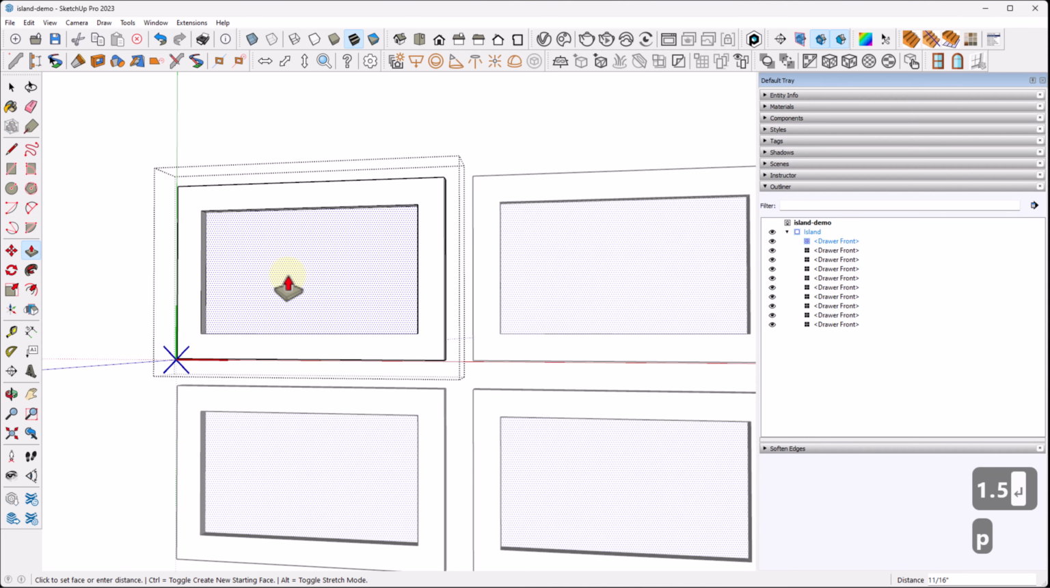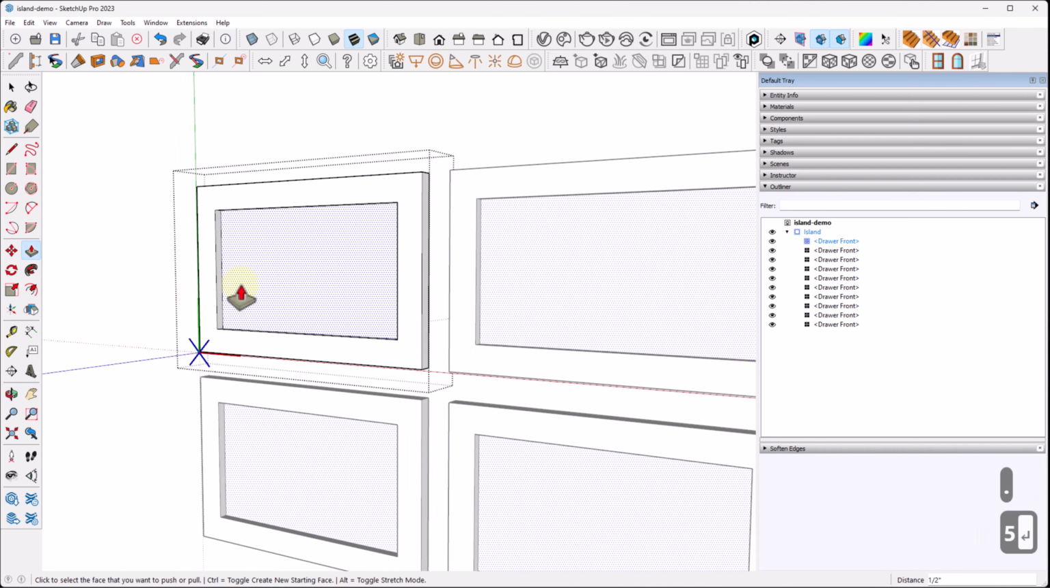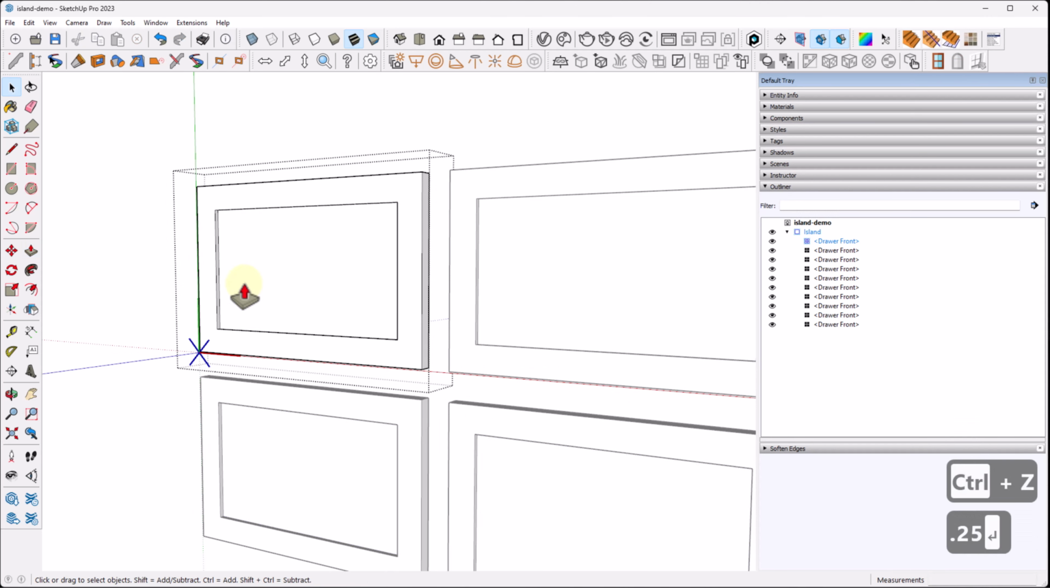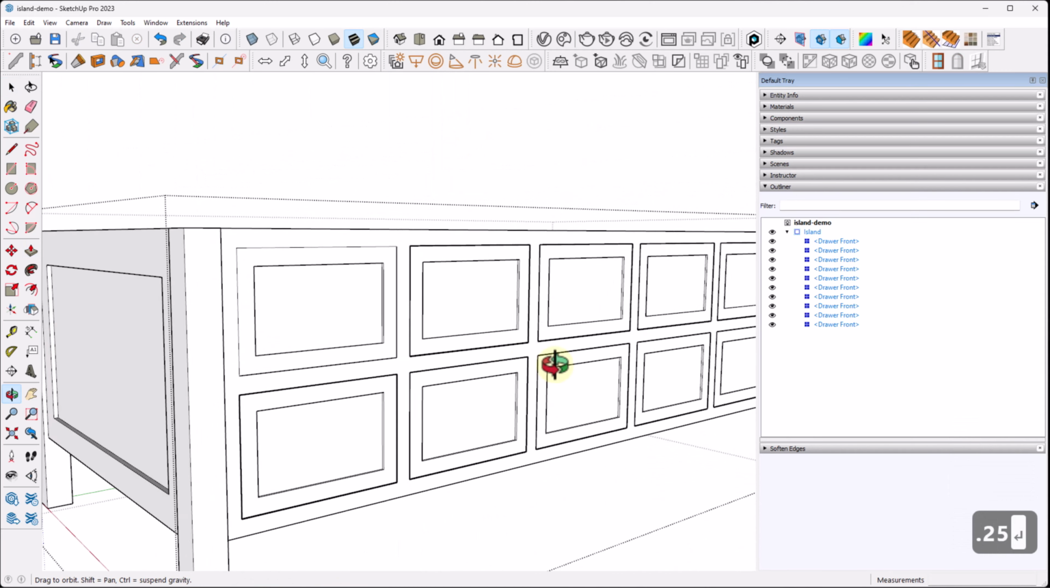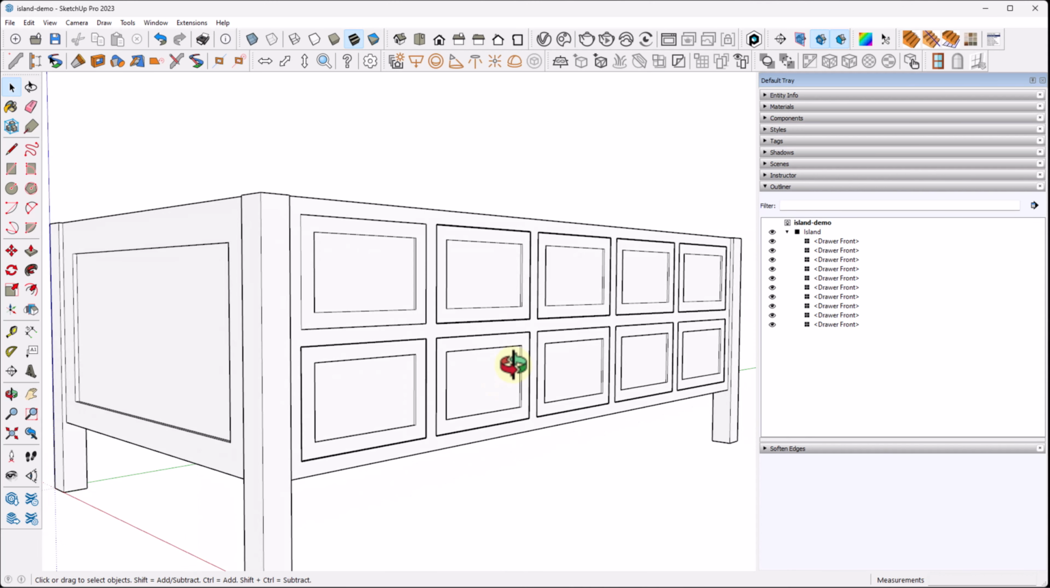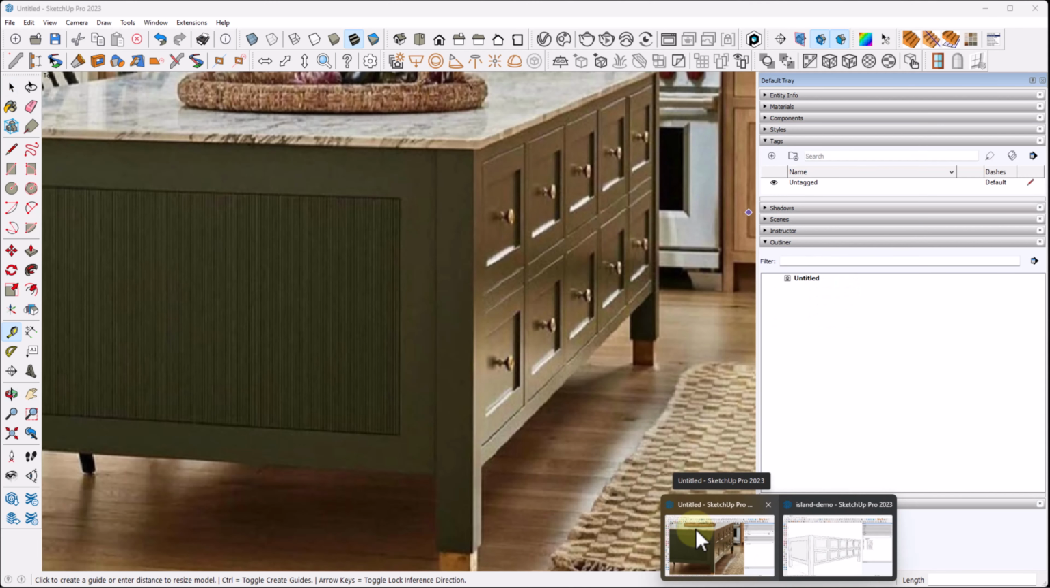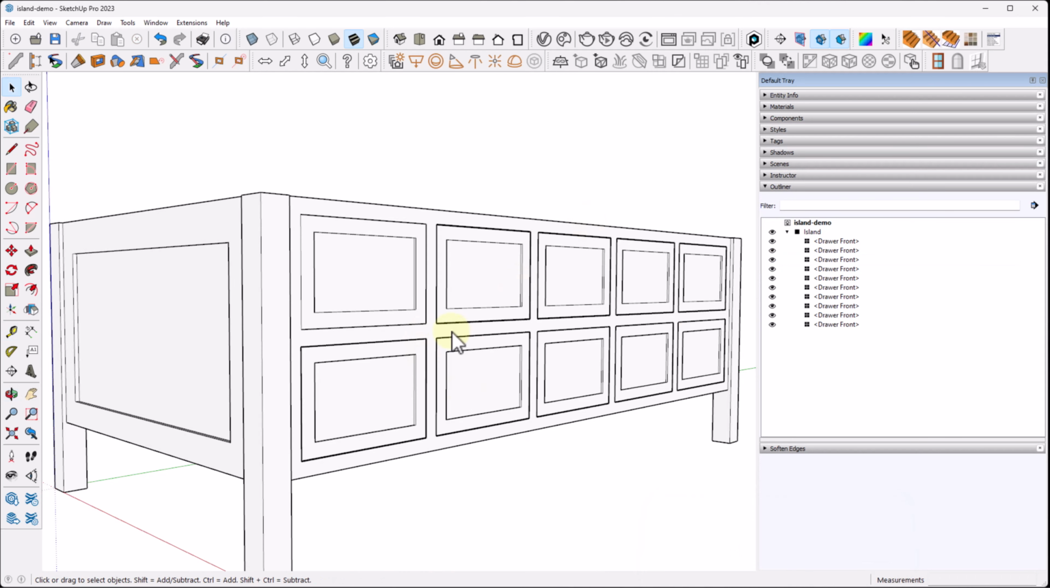Offset tool, make my panels here, bring that in. Probably not a half inch. I'm going to do a quarter of an inch on these guys. There we go. All right, so that's looking really good so far. Looking back at my sample model,